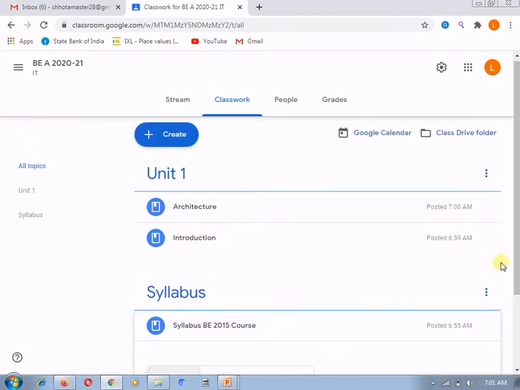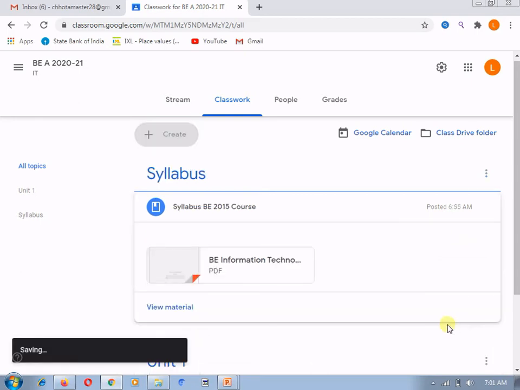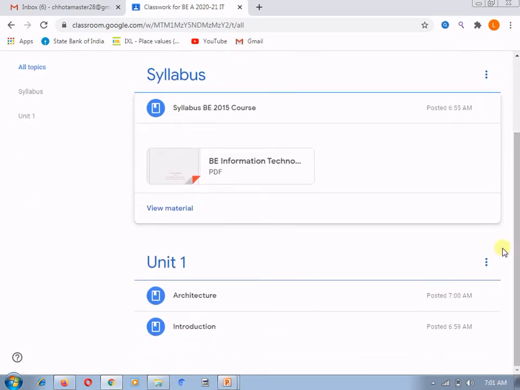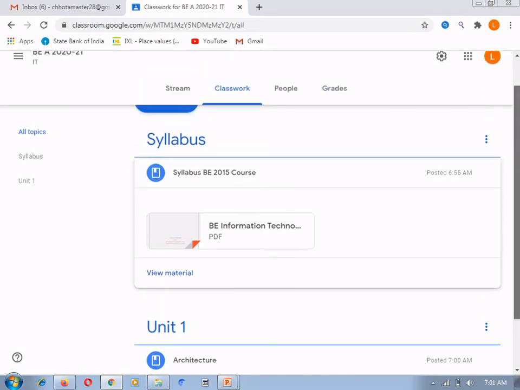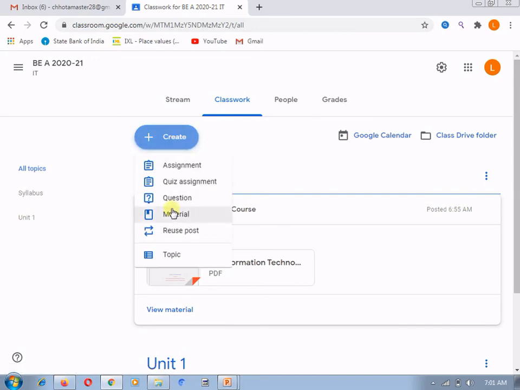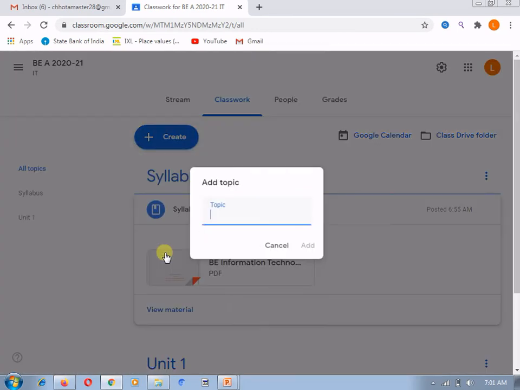To move the syllabus to the up position, if multiple things are uploaded by you, then you can rearrange them from here. You can see that here you can rename the topic, delete the topic, copy the link and provide it directly, or move it up. After moving it up, it will be the first topic, then unit 1, and after that unit 2. Whenever you insert unit number 2, I am going to show it again: if I create unit number 2 after completing unit number 1, it will appear in the first position.